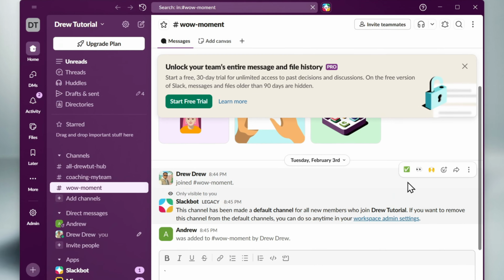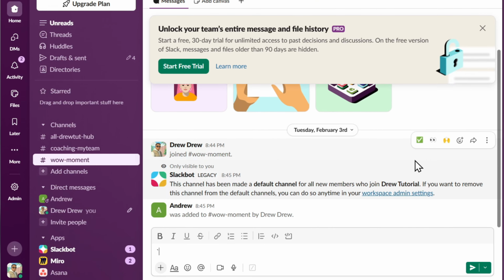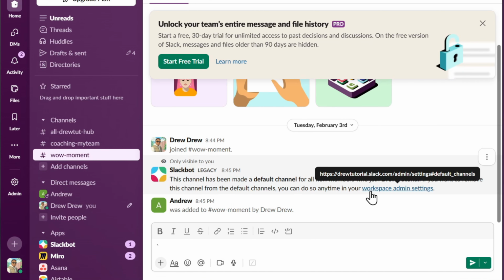Are you currently seeing incorrect time zone on Slack? Let me show you how you can change that to match whatever you want. Now, by default, you want to first ensure that you have the correct time and time zone set on your